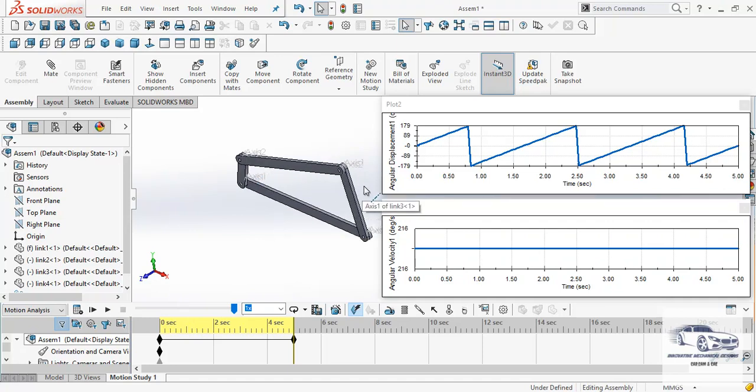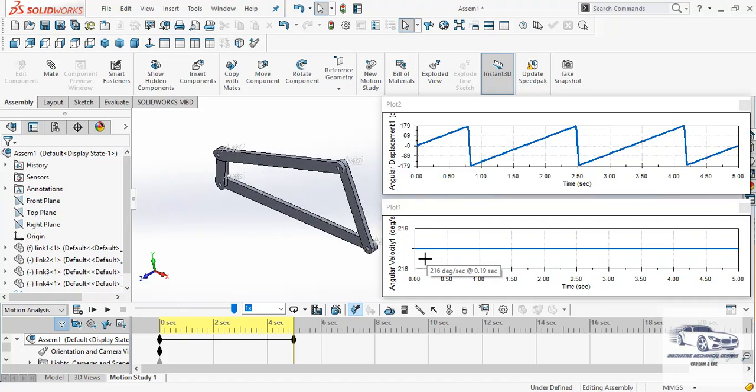as we can see here that the plot for angular velocity versus time is a straight line, which is obvious as the link is rotating with a constant angular velocity, whereas in the angular displacement graph we can see peaks and downs depending upon the angular rotation performed by the second link during its entire motion cycle.